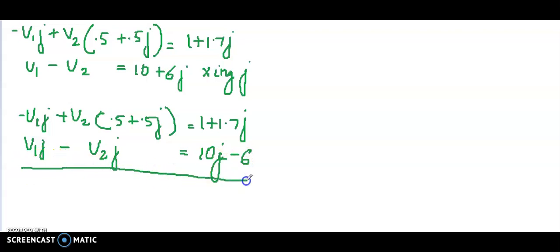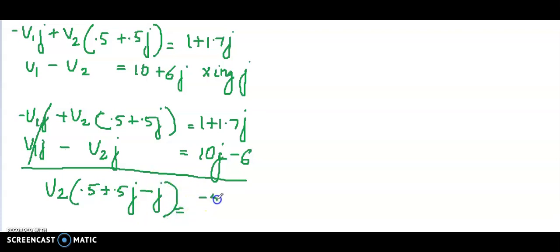So you can make the calculations as these two will get cancelled. Therefore V2 into 0.5 plus 0.5j minus j is equal to